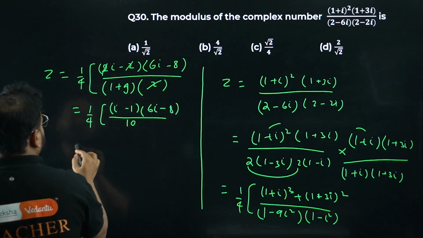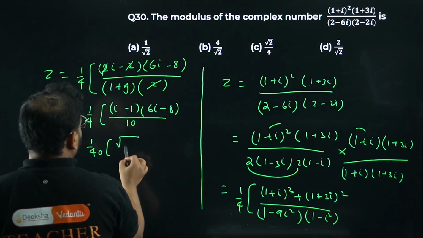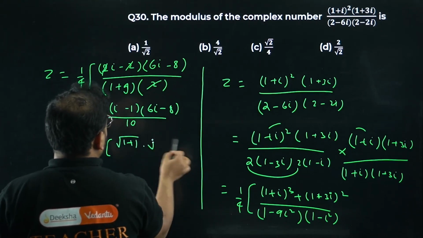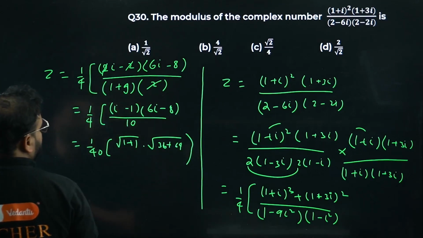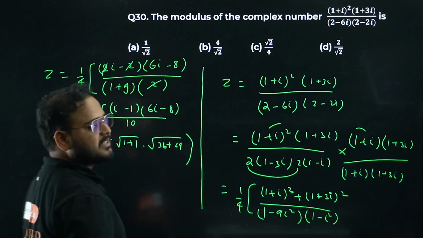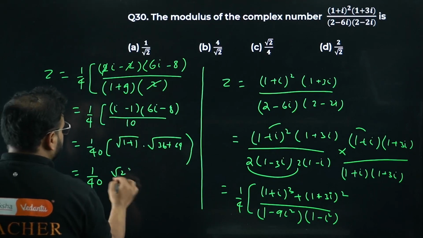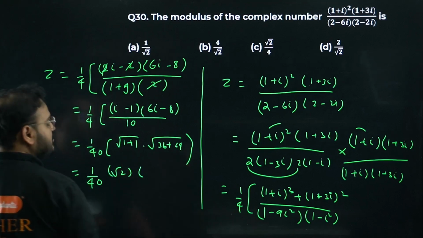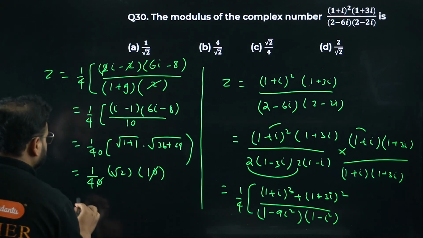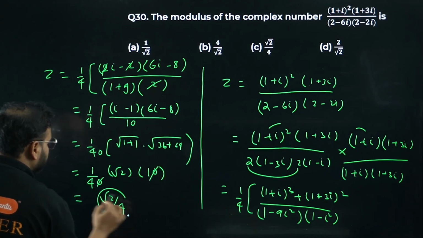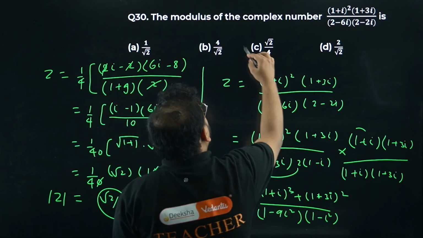Okay, so I get 1 by 40 is there, of course, and I can write this as, please check, roots now. So 1 plus 1, okay, and here roots also 36 and 64, right? 36 and 64, please check. 6 square is 36, and it's going to be minus 8 square, so basically 64. Okay, so we'll have 1 by 40, root 2 will be there, and you have root of 100, right? 36 and 64 is 100 only, right? Yeah, so will become 10 simply. Cancel this 0 0. What I have the answer as root 2 by 4. This is your value of z modulus. Okay, so root 2 by 4 will be option C.